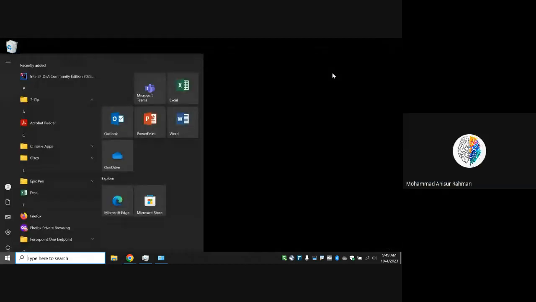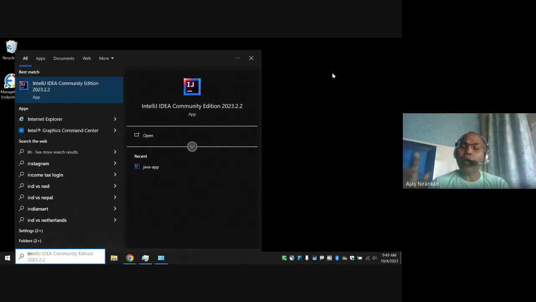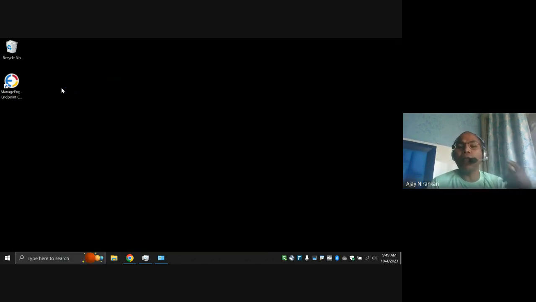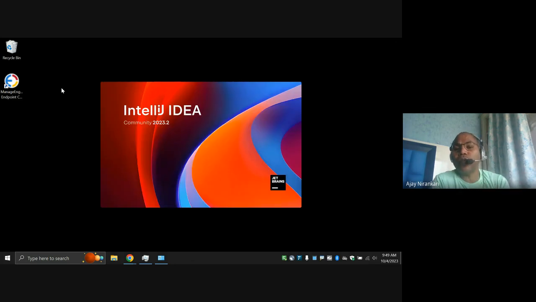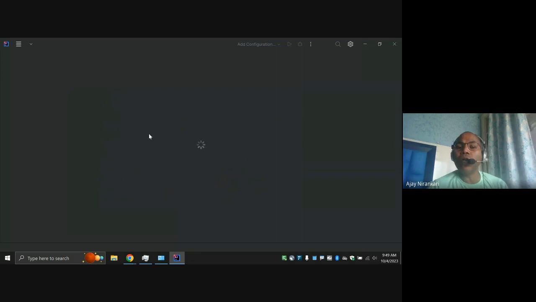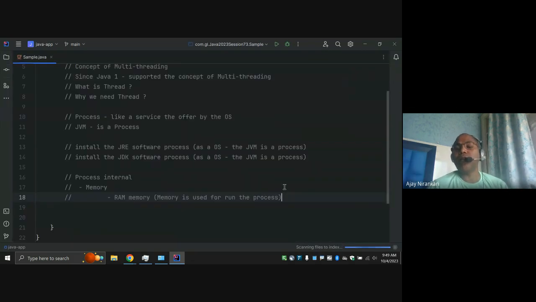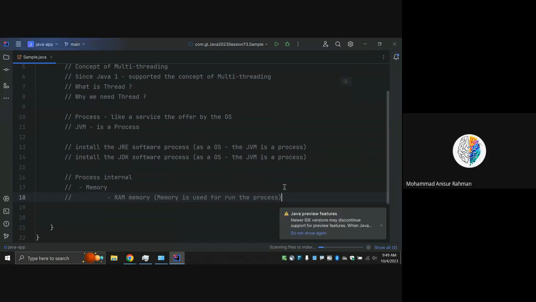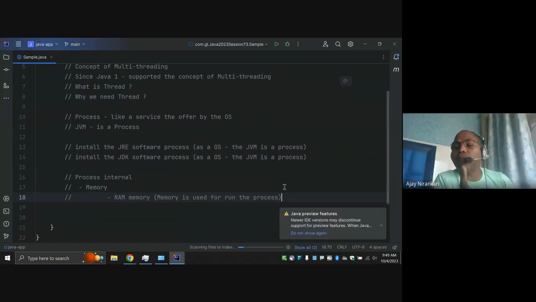Whenever I run it, that memory is still required, but it needs one additional memory to run the application. Now I'm going to start this software. Whatever screen is loading also needs some space, right? So there are two kinds of memory.